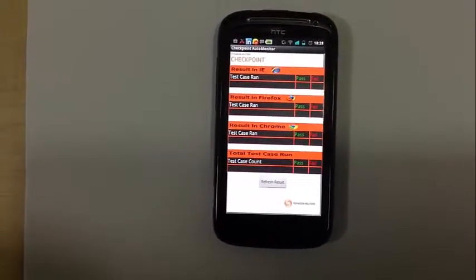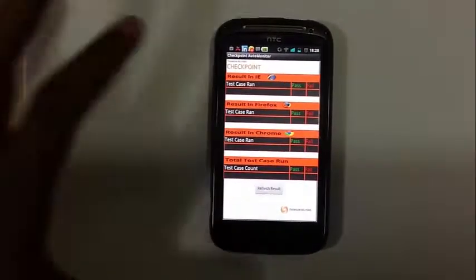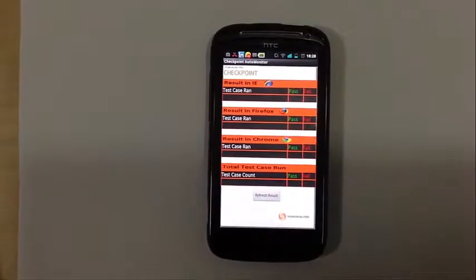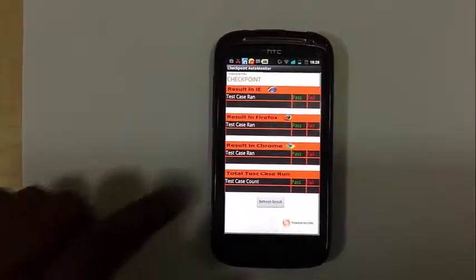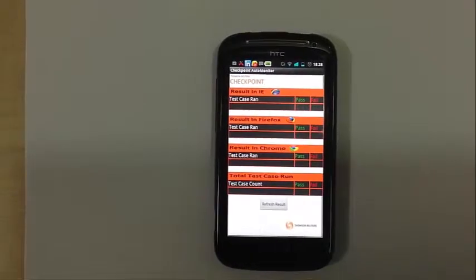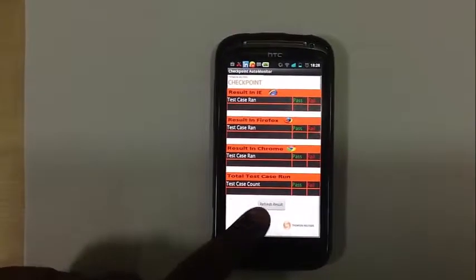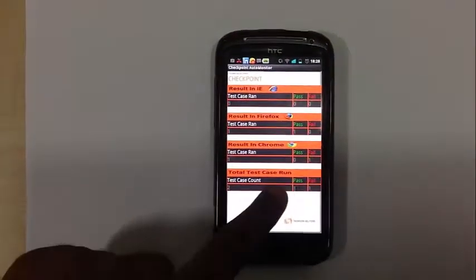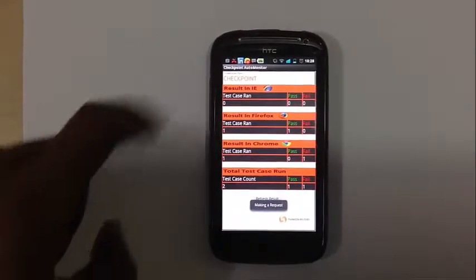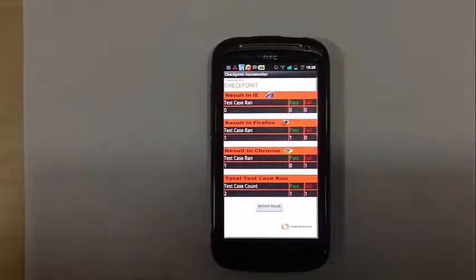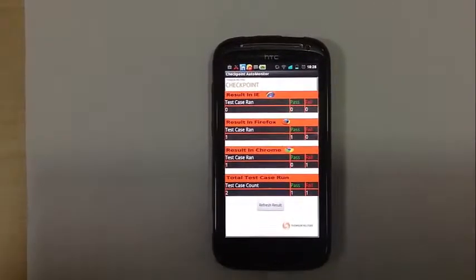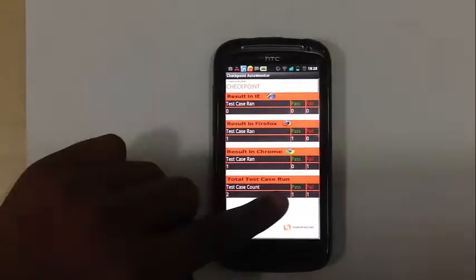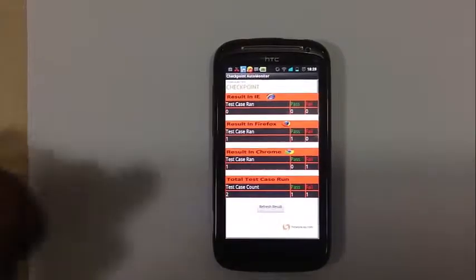So this is the result screen of our mobile application. From here we can see the results which are logged on the server. Here we have given one button, refresh result. You can see the result screen has already been refreshed with the number of test cases passed and failed corresponding to each browser.